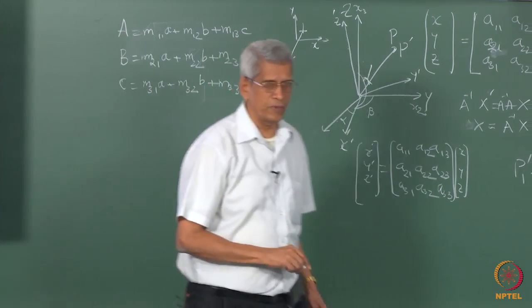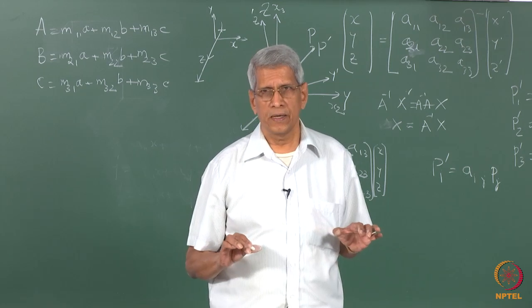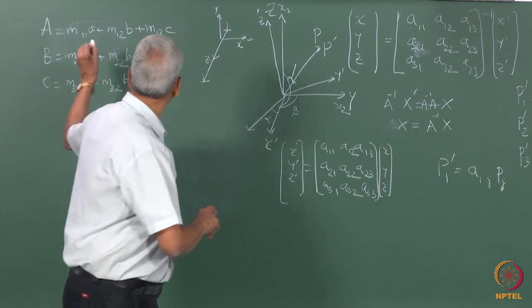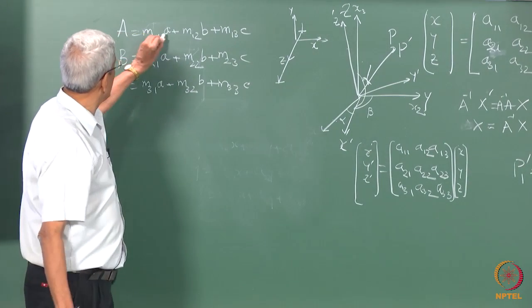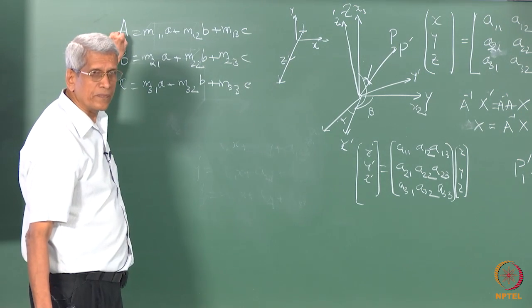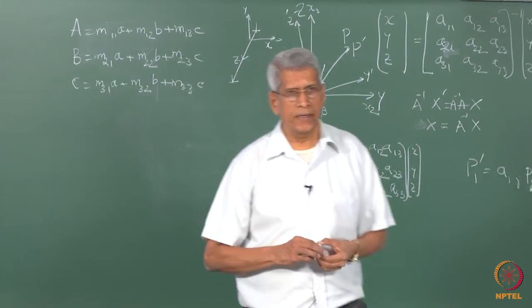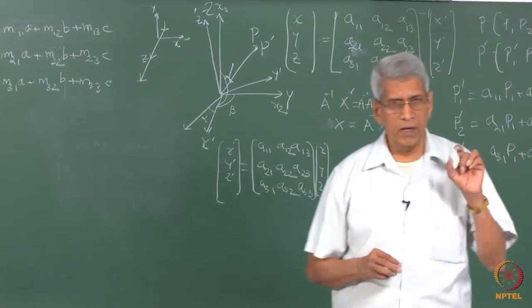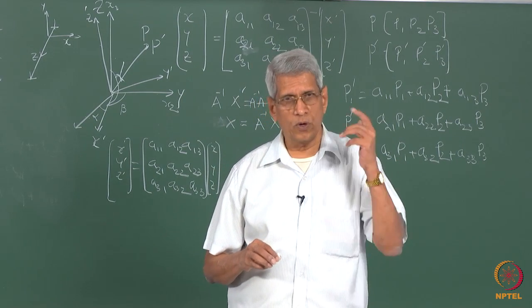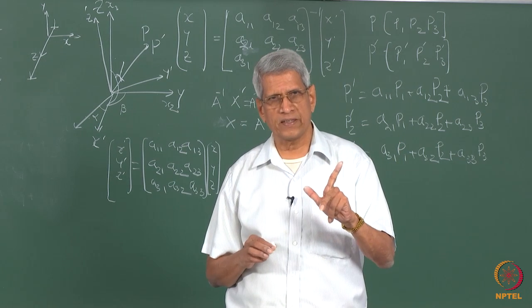Here M1, M2, M3 are nothing but the projection of this vector A in this particular direction, right? That is how we are taking it. And these values could sometimes, or could always, be larger than 1, because in the case which you have considered, rotation of axes,